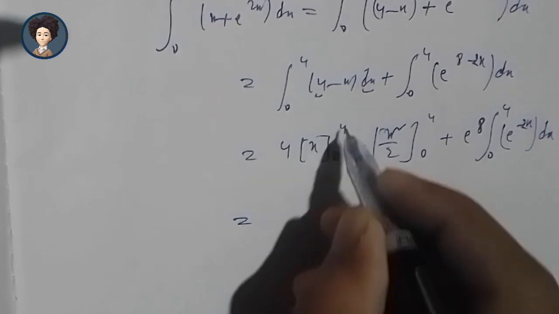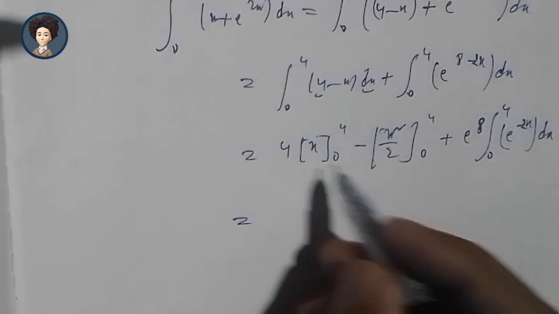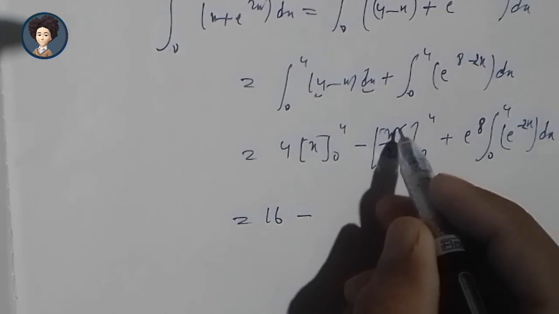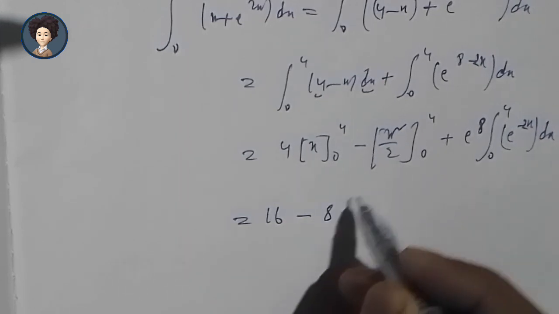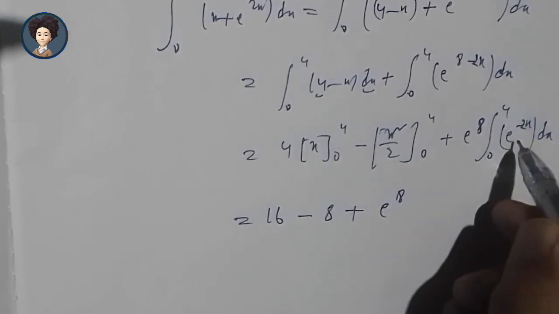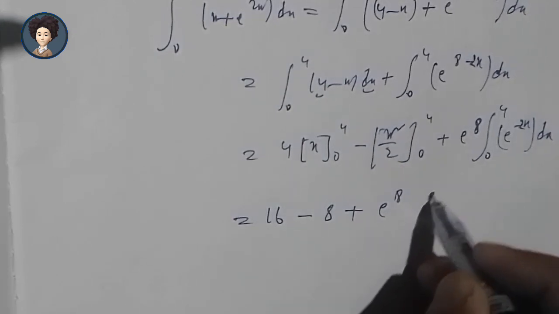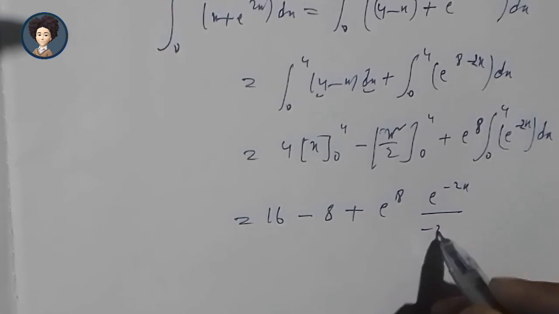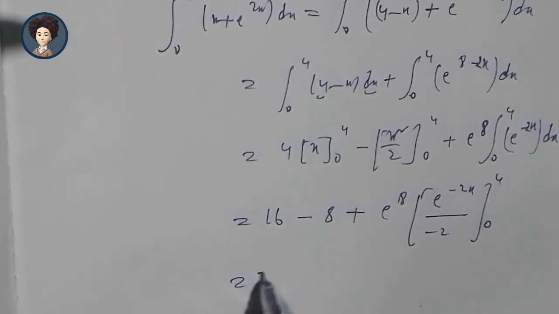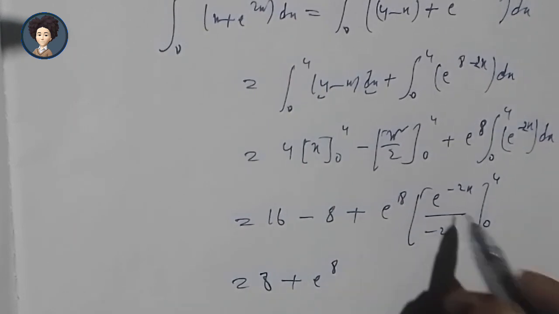And now we get, since this becomes 4 minus 0, it is 4, and 16, and this will be 16 divided by 2, meaning minus 8, and 0, and plus here e to the power 8, and the integration of these terms will be e to the power minus 2x divided by minus 2, from 0 to 4, and this will be 8 plus e to the power 8 and